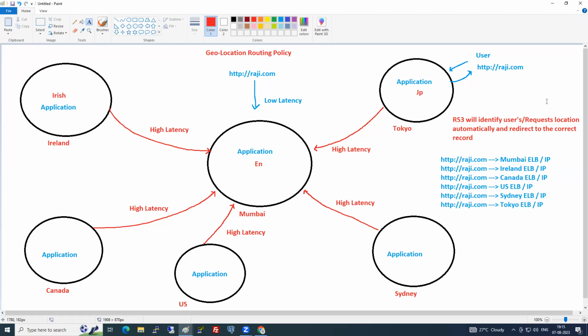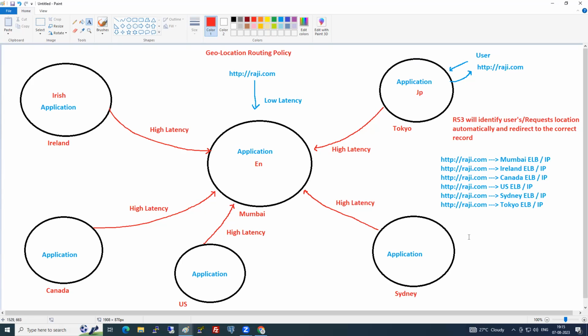Do you see what routing policies we have discussed till now? Tell me. Number 1 is simple routing policy. Number 2, failover routing policy. Number 3, geolocation policy. You understand the different types of policies. If you have customers throughout the world, all these things are very useful.